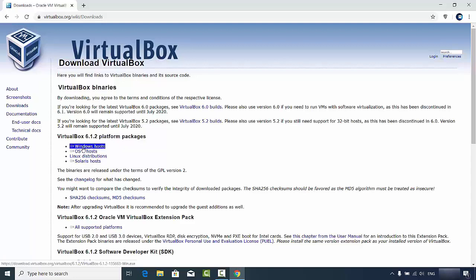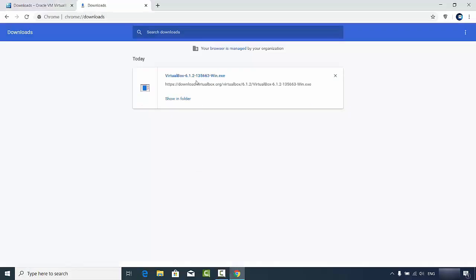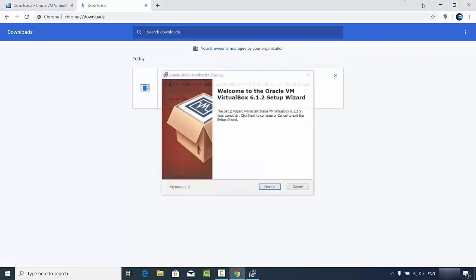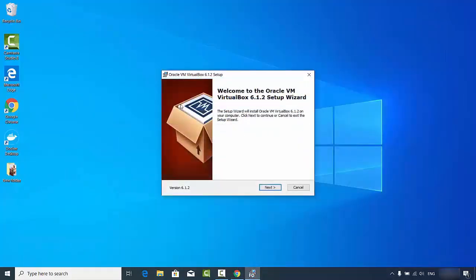We want to download the VirtualBox for Windows, so we are going to select Windows hosts, and once you click on that link, you can see the download of this VirtualBox exe has started, which is around 108 megabytes. Once this executable file is downloaded, I'm going to just click on it and minimize the browser. The first window looks like this, so I'm going to just click on the next button here,